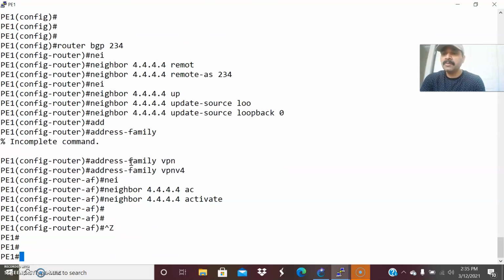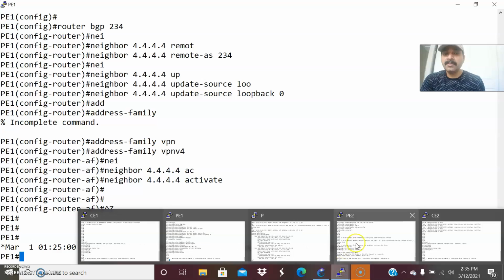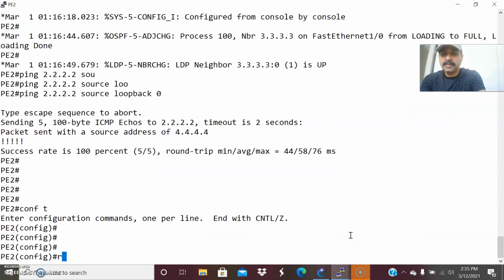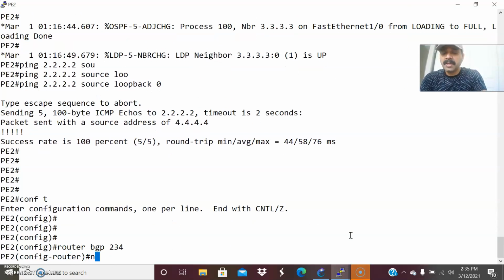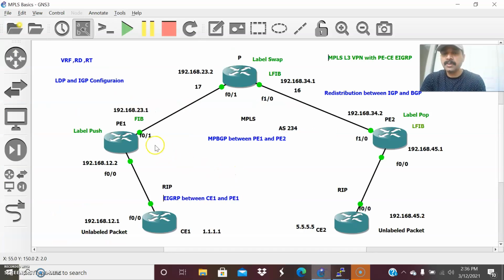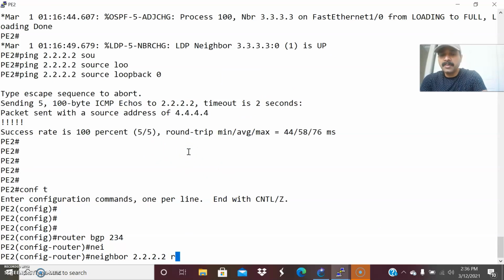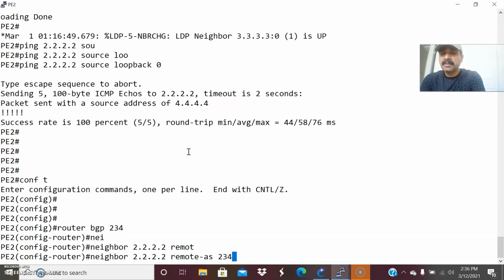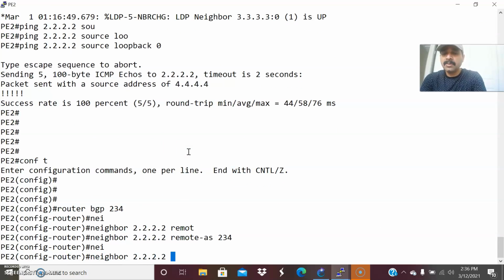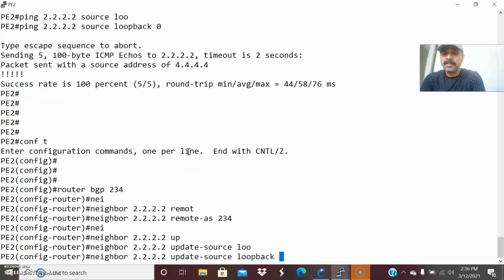Similarly, let us go to router BGP 234 on PE2. On the other end, go to configuration mode, router BGP 234, and the neighbor is 2.2.2.2, the loopback address, and the remote AS is the same, since it is an IBGP neighbor. Then neighbor 2.2.2.2 update source loopback 0.